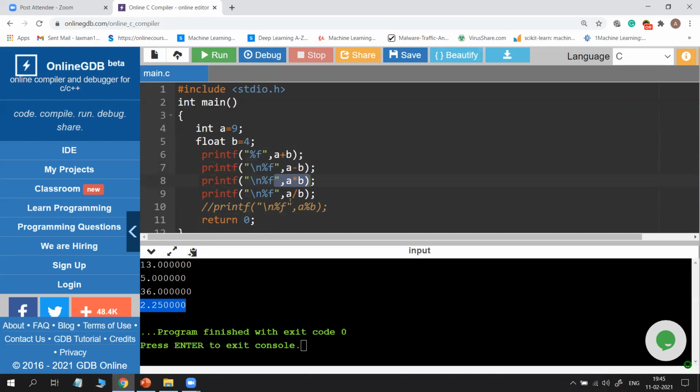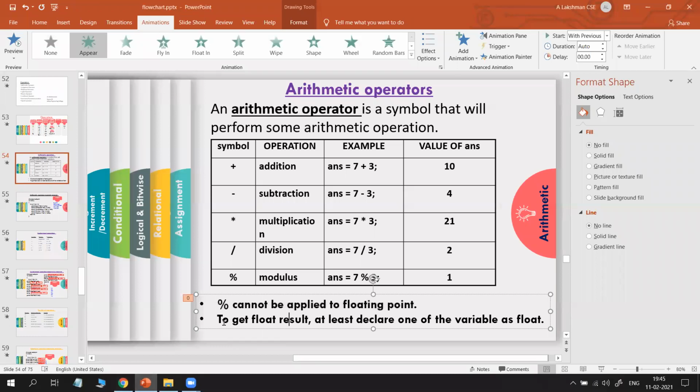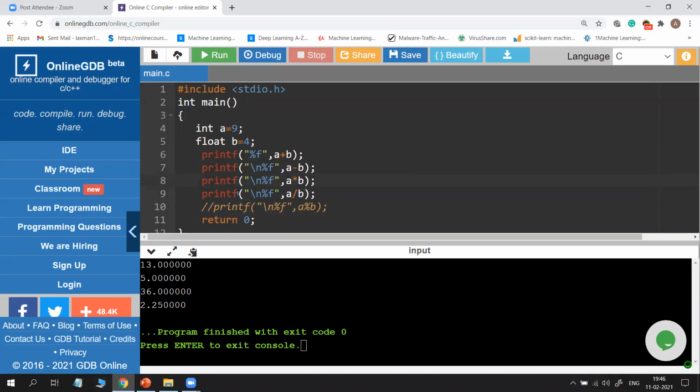If I declare both as integers, I got only 2. That means if both are integers, your result is only an integer. To get a float result, at least declare one of the variables as float. So here I declared variable b as float, so the result is also float.